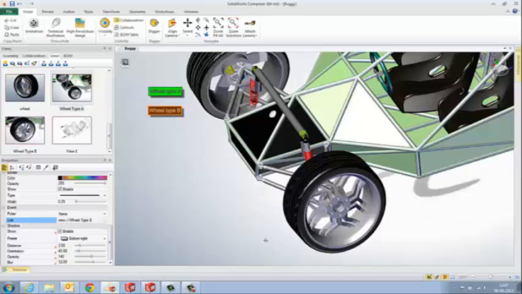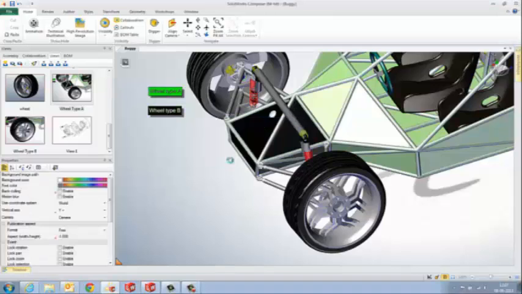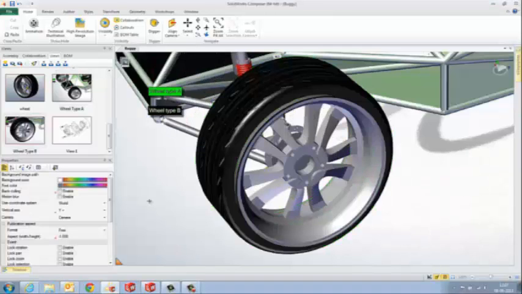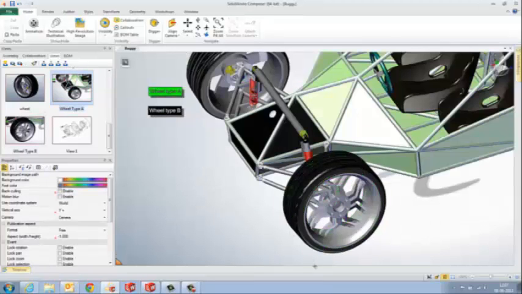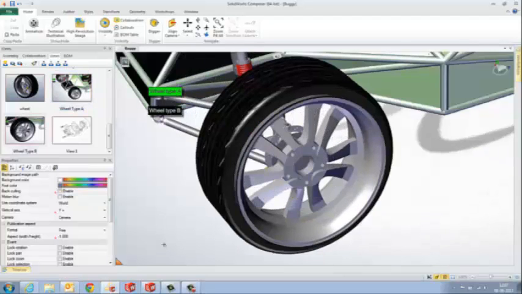Now I'm done, I just come out of design mode. Now if I click on wheel type B, it automatically changes into a different wheel. Now this wheel is captured. Now I just go back. Here it is a different wheel. I just click on wheel type B, it changes the wheel to another one. So it is easy to create the views,